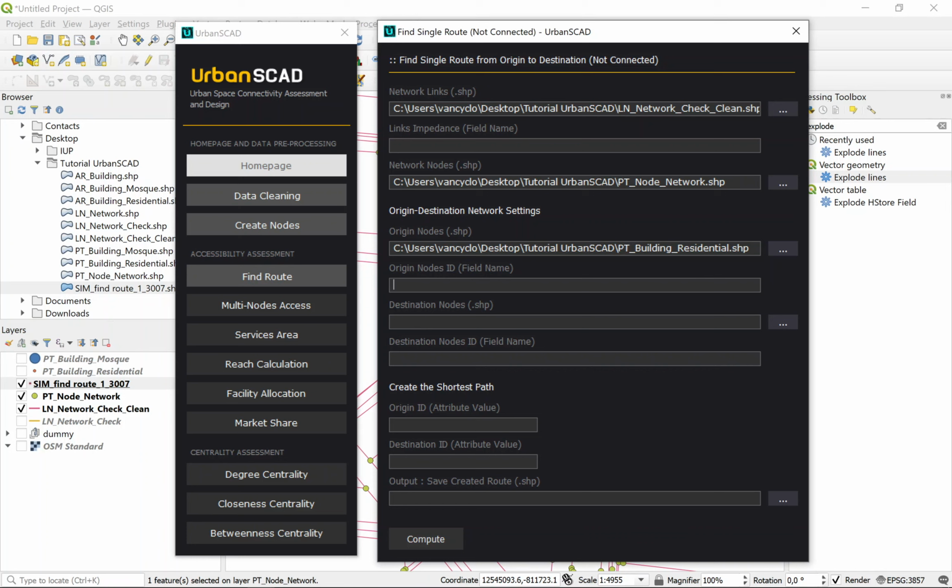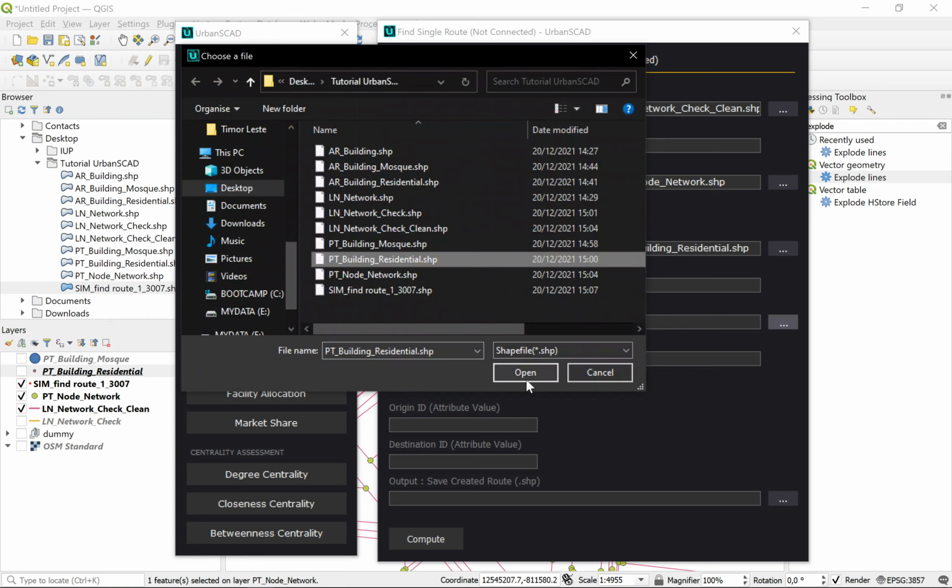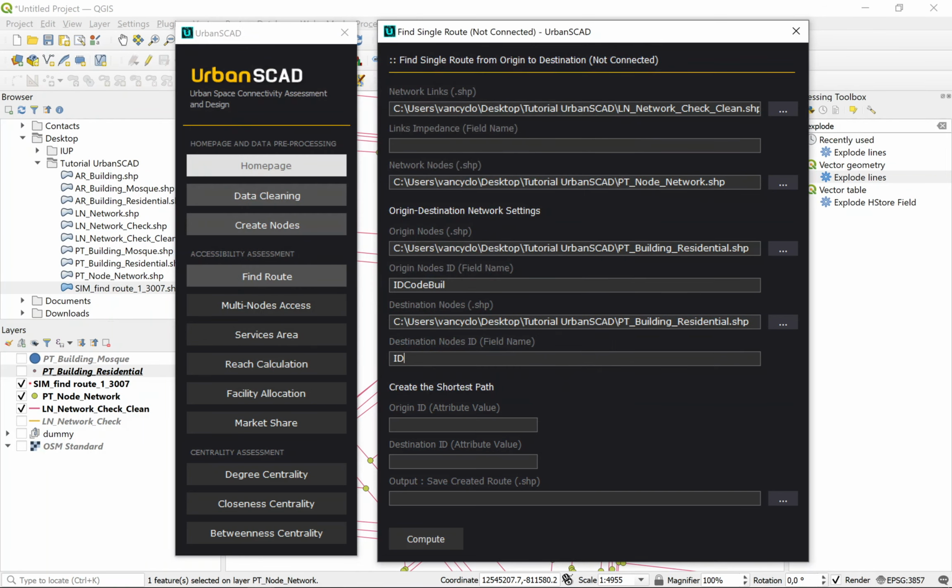Then for origin nodes, ID code build. We can see again in our attribute table that it contains ID code build. Okay, we can go back in here. We select again building residential and then ID code build.